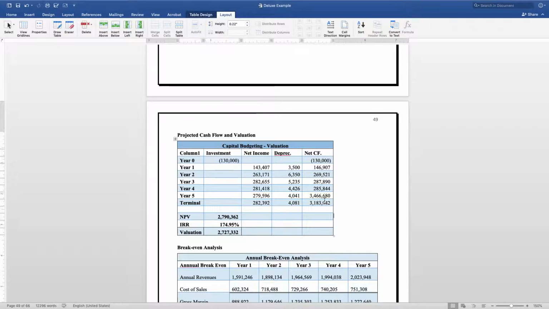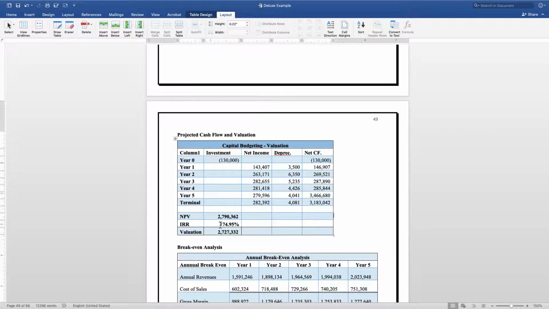And once we have our net cash flows, we're going to total up the cash flows, and we're going to bring those back to present day dollars by dividing the cash flow by a discount factor. That's going to leave us with the net present value. What the net present value means is the amount of money that you need to invest today in order to be able to achieve all these cash flows. So in finance terms, the net present value is the value of your cash flows or the value of your business.